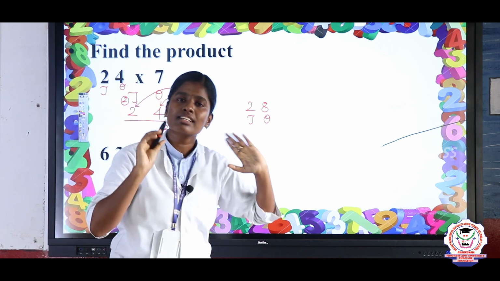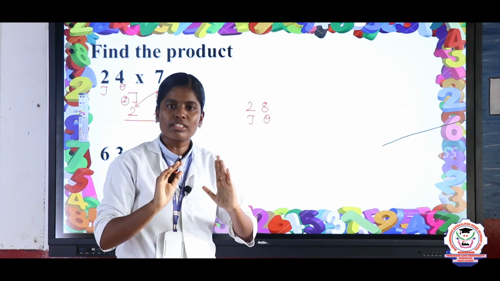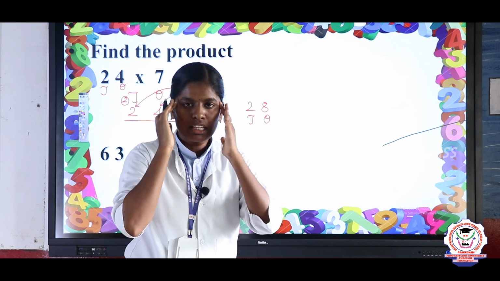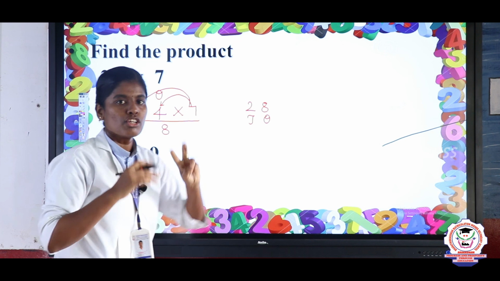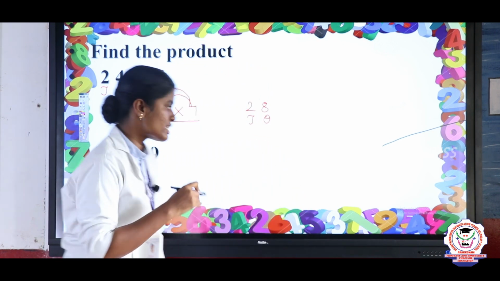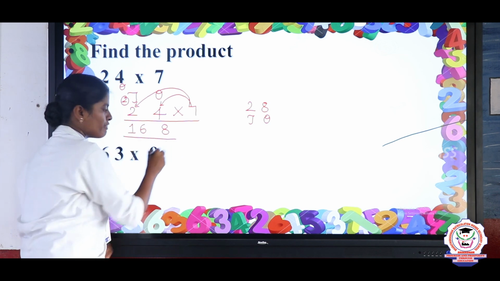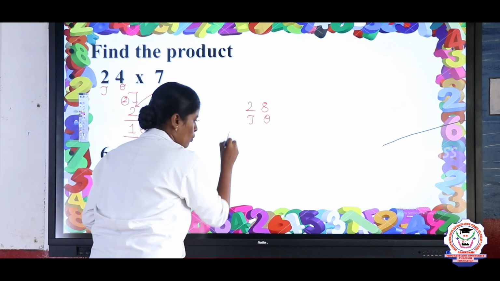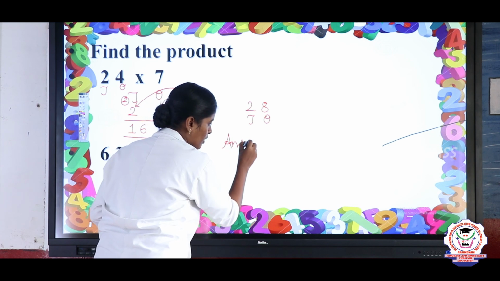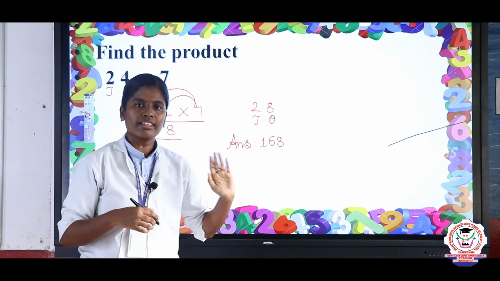So, what is the answer, Nandita? 7 2's are? Yeah, very good, my dear. 7 2's are 14. So, keep 14 in the mind, 2 in the finger. So, 14 after 15, 16. So, the answer is 16. What is the answer? 16. So, finally take and write the answer: 168. Next, we have another example.